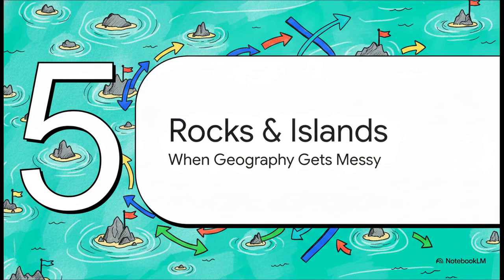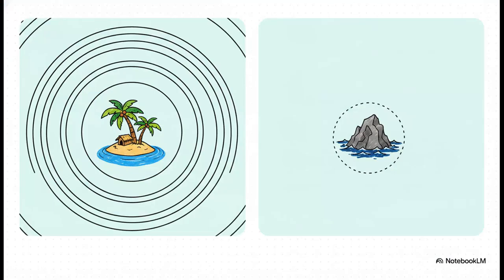Section 5. Rocks, islands, and disputes. When geography gets messy. Up until now, we've kind of assumed coastlines are straightforward. But what happens when geography gets messy? Well, it usually comes down to one single provision, Article 121. There's a subtle but incredibly vital legal distinction here that leads directly to the massive geopolitical disputes we see dominating